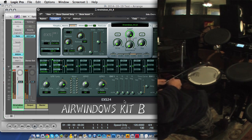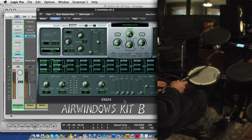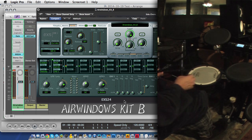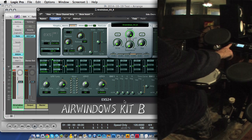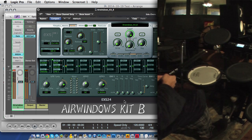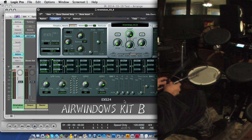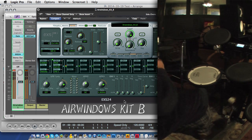For instance, this is the regular kick, but it can get buried a little bit in some mixes, so I have sort of the opposite kick. That's super dry and aggressive, although it's still being mic'd with the same things that the other one was mic'd with. So